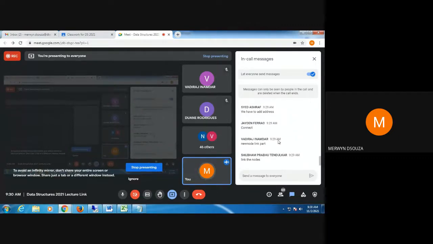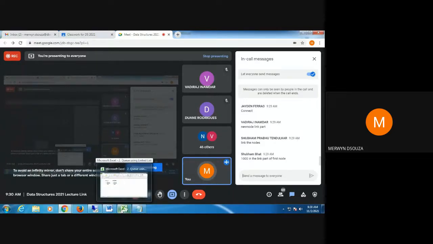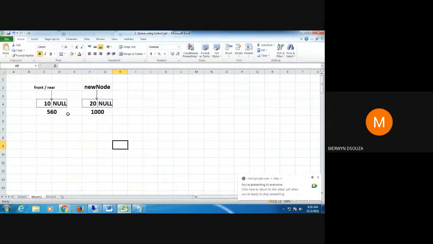We have to link the nodes. We need to add the address to make it a single linked list again. So we add 1000 to the link part of the first node. Add the address of the second node to the link part of the first node. So these are the changes that need to be done before we exit the function.